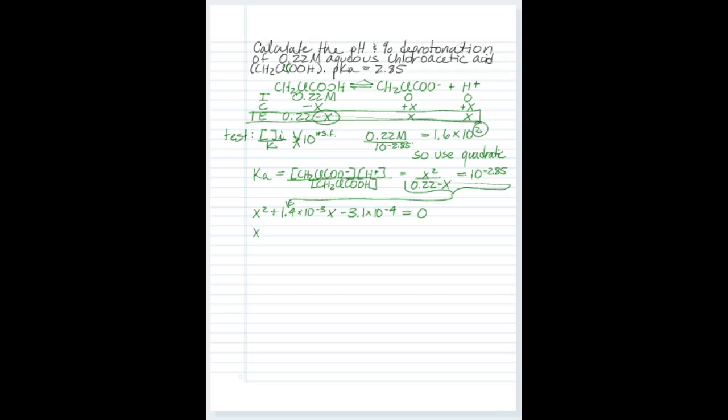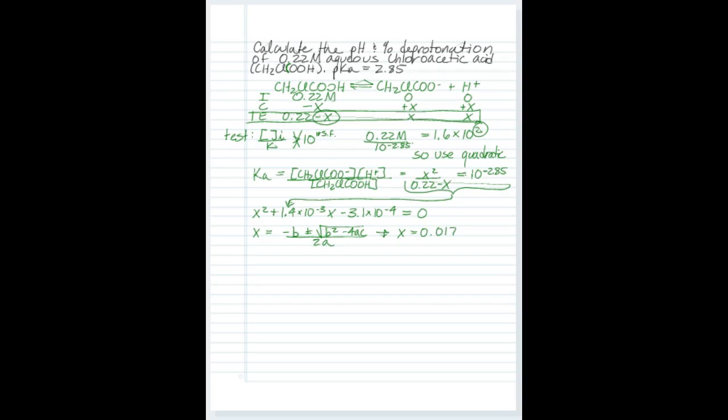So this takes the form of a quadratic equation, okay, which means that we can plug this into x equals negative b plus or minus the square root of b squared minus 4ac, all over 2a. Or if you have a fancy calculator that'll do this for you, you can just plug the a, b, and c values into your calculator. Okay, so it's going to give you two values. Only one of them is going to make sense. I'm not going to go through the substitution of the numbers; you can do that yourself. x turns out to be